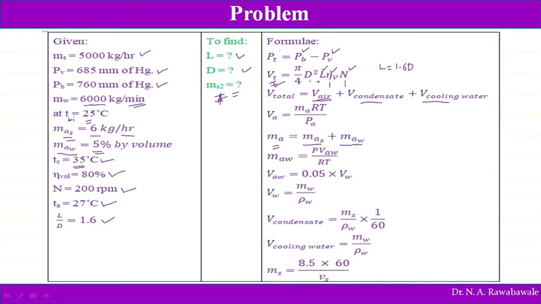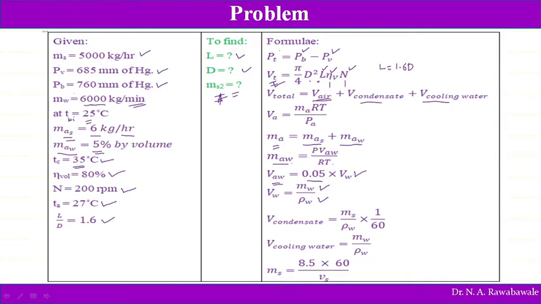So mass of air entering along with the water can be obtained by MAW equals P into VAW divided by RT. So what is this mass of air entering with the water? It is P into VA. P is pressure, VA is volume of air entering along with the water, RT is the gas constant and temperature. So VA, volume of air entering with the water, is 5% of volume of water. So 0.05 into volume of water. Volume of water can be known as mass divided by density. So mass divided by density gives us total volume.